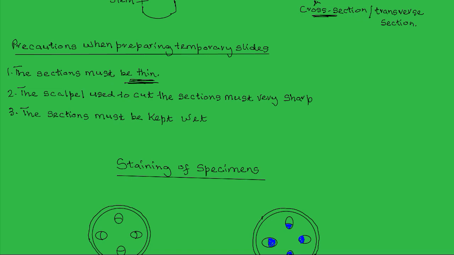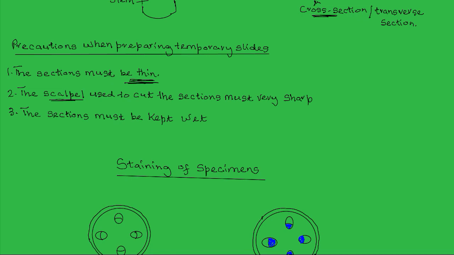through. The second precaution is that the scalpel or the razor blade that is used to cut the sections must be very sharp. This enables making of not only thin sections but smooth ones, and in this way